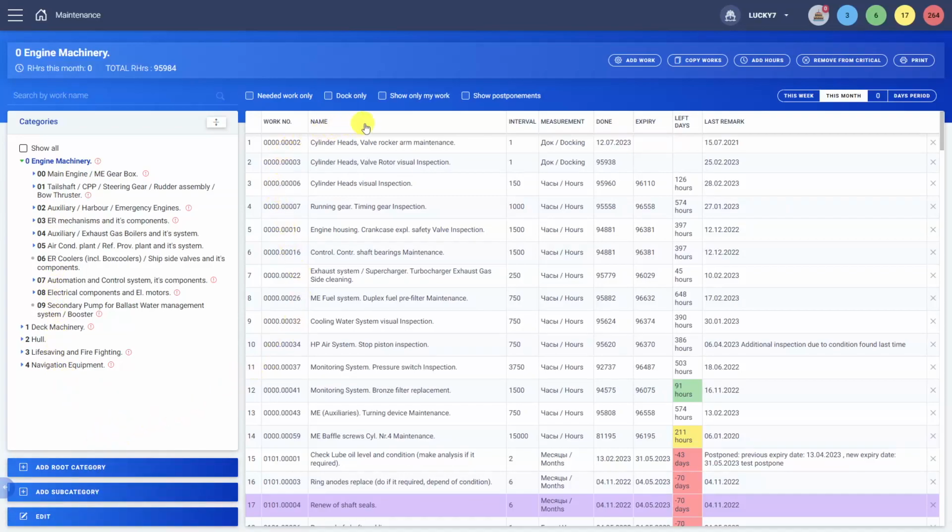Task list. The main part of the screen contains a list of tasks that correspond to the selected filters or search results. Here you can view information about each task, such as its name, description, status, priority, and other details. In the next section, we will delve into each function of the maintenance module in more detail and explain